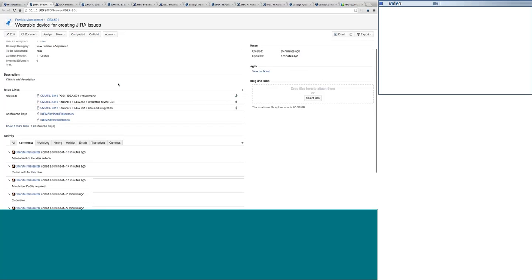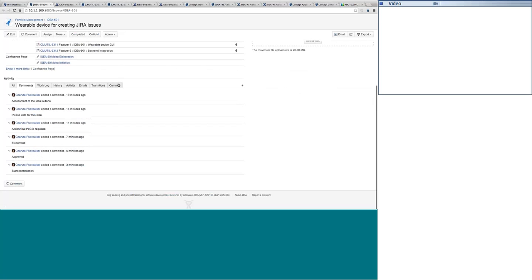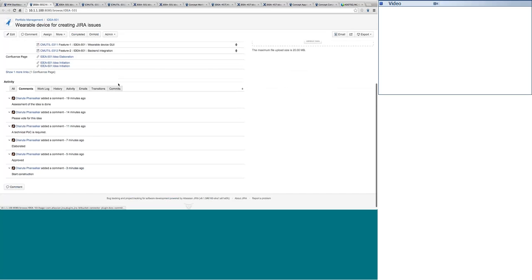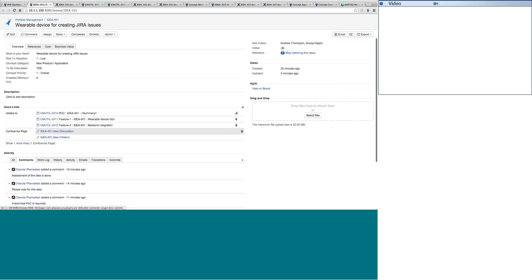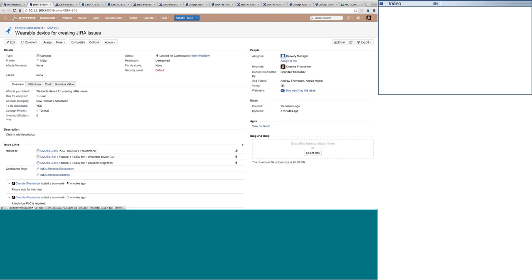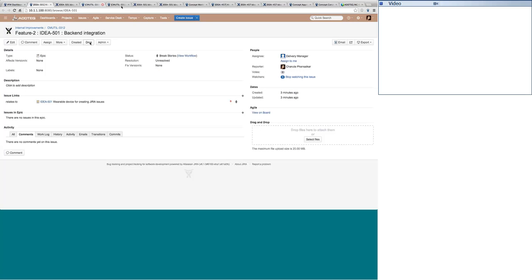At the same time, all the information that was gathered for this idea, what all things have been analyzed or captured, everything is handy. So let's say that we have completed our work or completed the construction of the idea over here. And let's complete it. Before that, let's see what happened with the work.